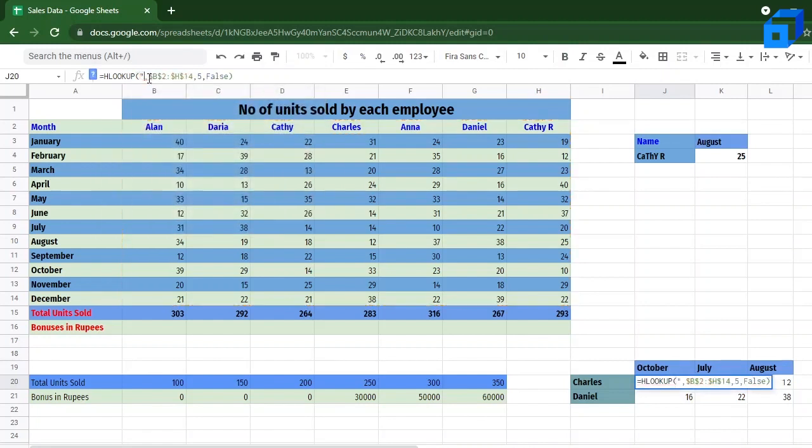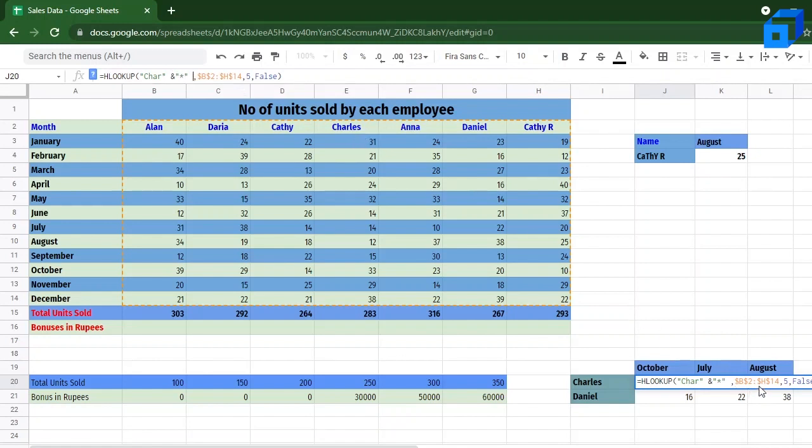So that's going to be, let's say, char. And since we are using the wildcard character, let us use a star or an asterisk. So that means the first four characters that we're searching for are char, and it can be followed by any number of characters. Since we're looking for Charles, it is followed by LES.